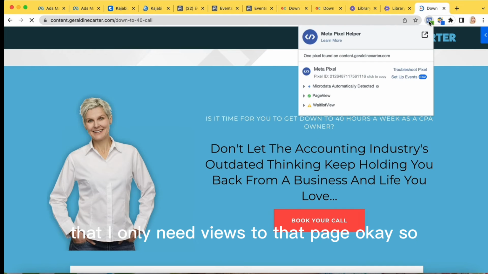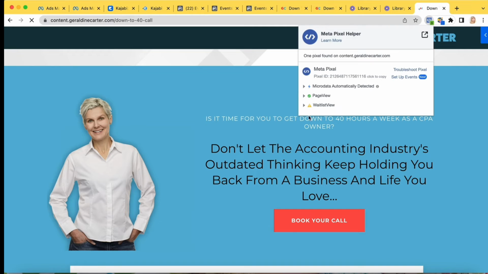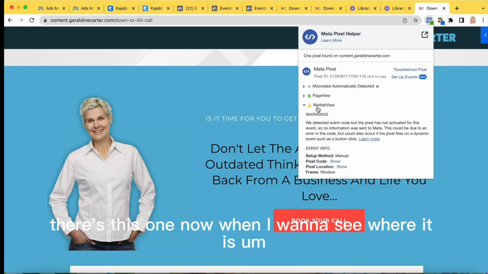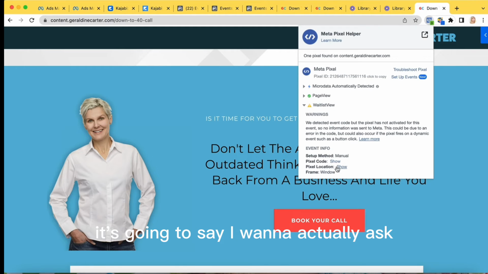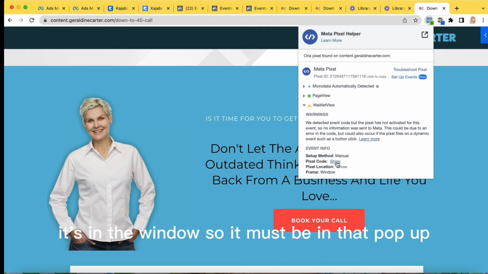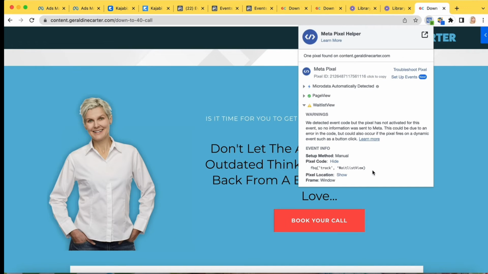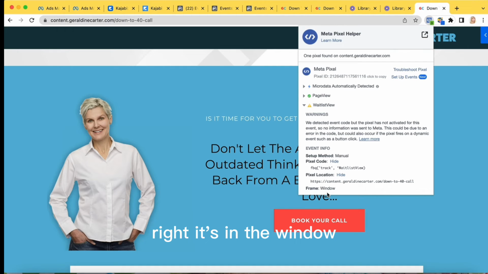Okay, so there's this one. Now, when I want to see where it is, it's in the window, so it must be in that pop-up. Waitlist view. Okay, pixel location. Right, and it's in the window. I may have it somewhere else